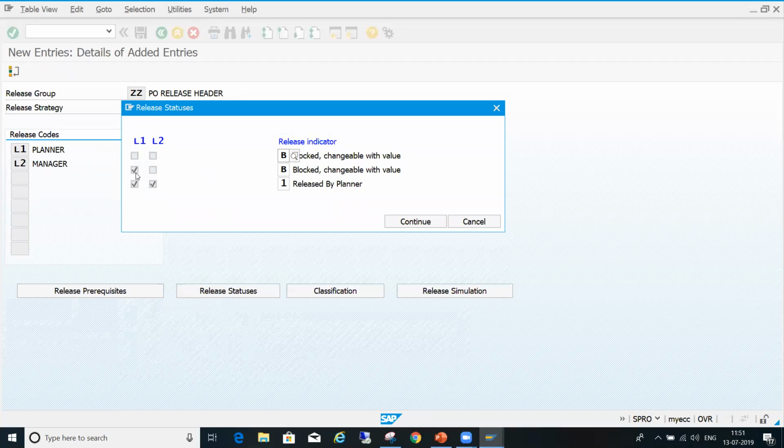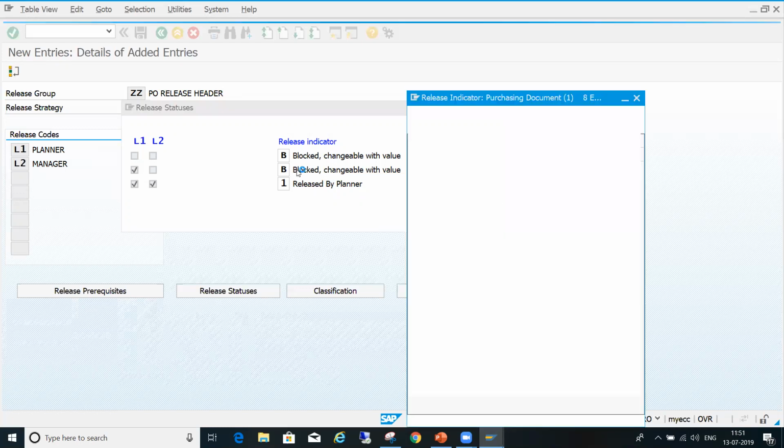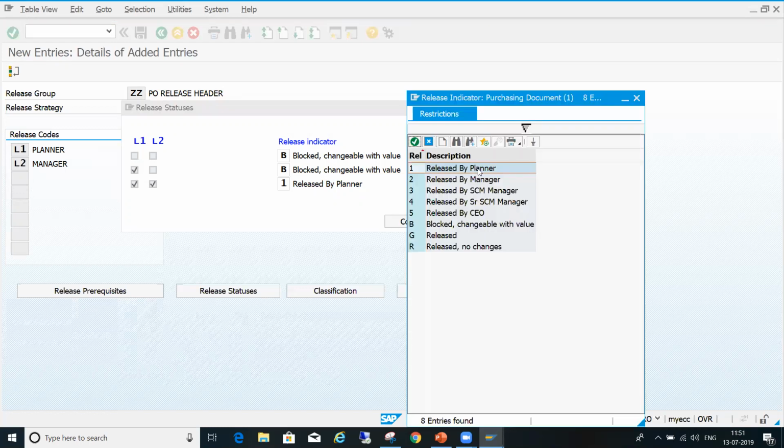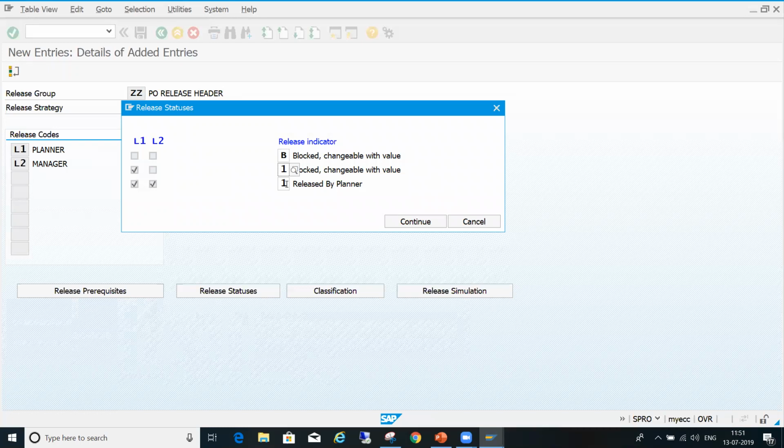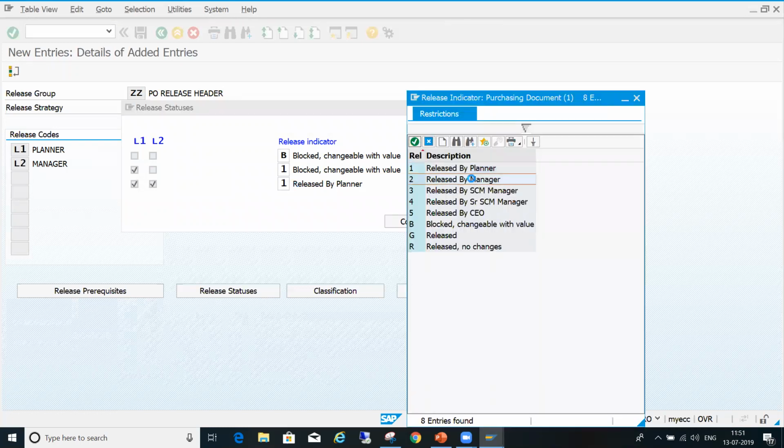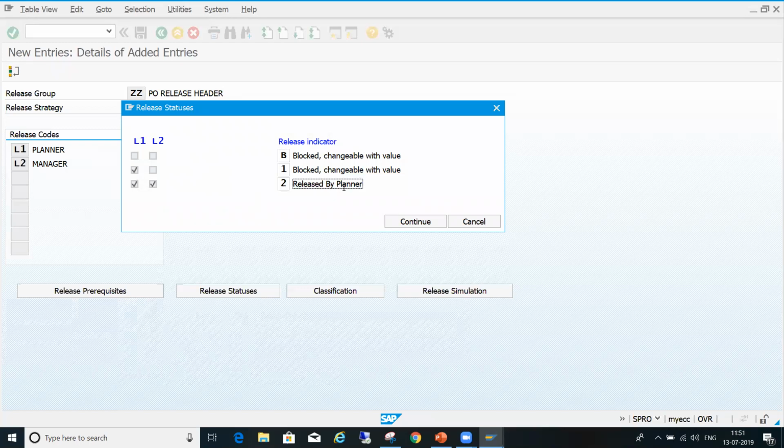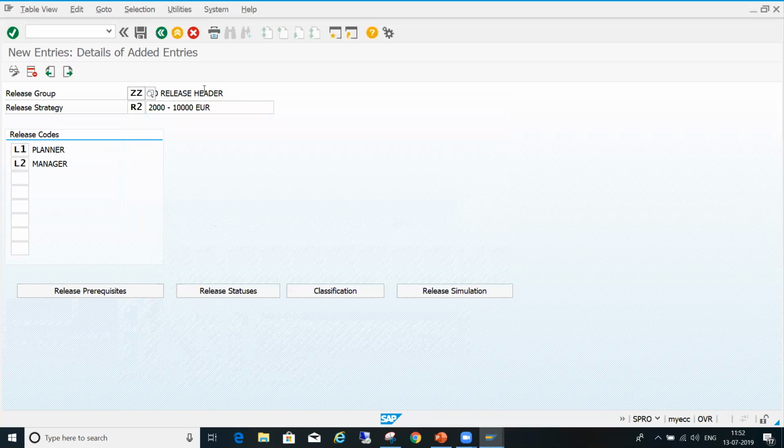First level release, you can give the indicator like it is released by a planner. Second level release, you can give this icon that is released by manager. Continue, save it.